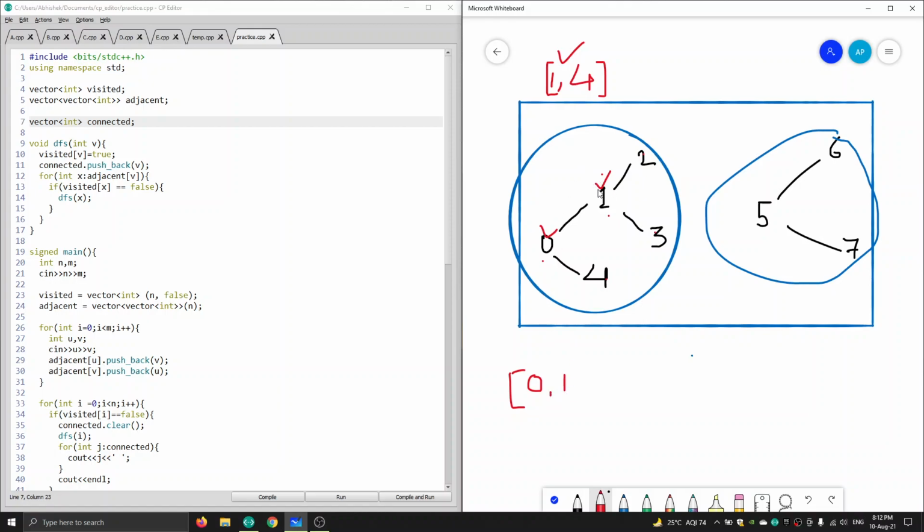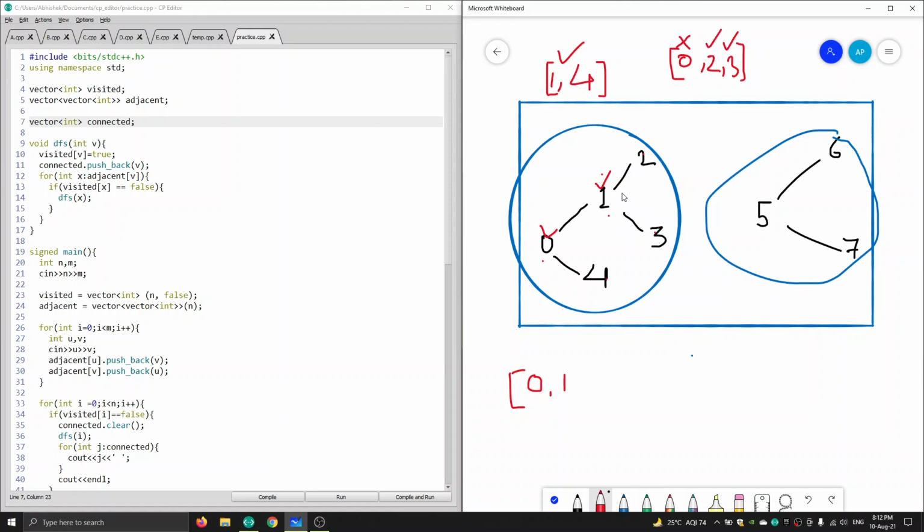Now we are at vertex 1, so we will go to its adjacent. The adjacent vector of 1 contains 0, 2 and 3. We will check if 0 is visited or not. If 0 is already visited, we will not apply DFS to this vertex. We will apply DFS to 2 and 3.